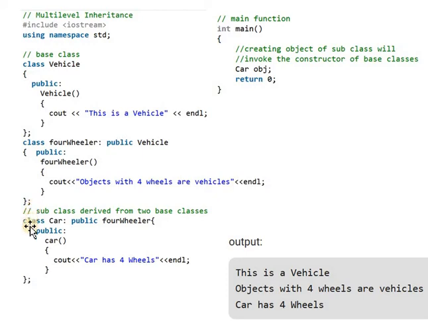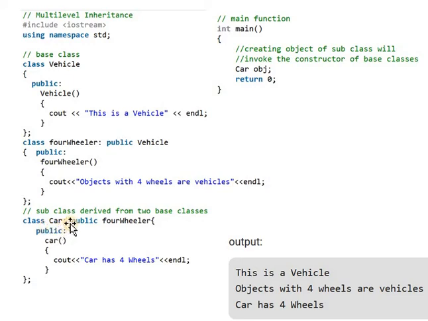Then here we define a subclass that is derived from two base classes. How do we define that class? By using the class keyword. After the class keyword, there is the child class name, the subclass name. The subclass name is Car.